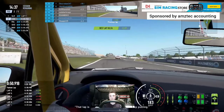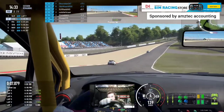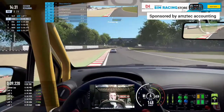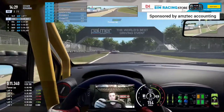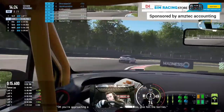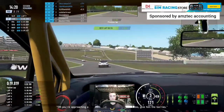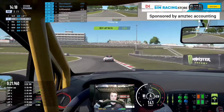So we just set a good lap there before, our personal best, coming round the right-hander there using all the track we can. This was set on lap 7. Just coming into the hairpin now, late apex, get a good apex there using the curb and using some of the exit as well. They're not running too wide. Coming into the left-hander now,